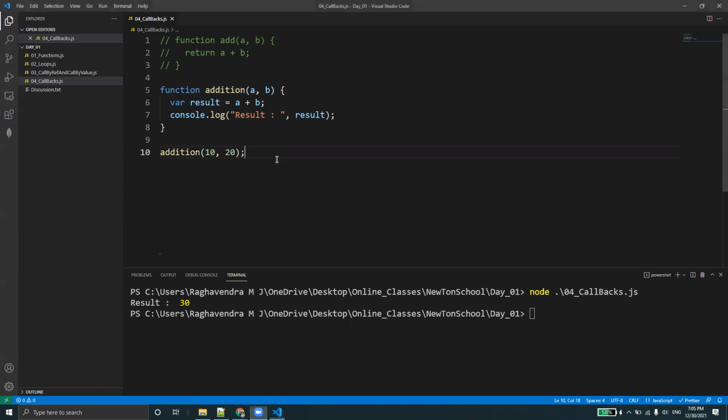So now, instead of me performing it like this, what if I call this from outside? First of all, why is a callback required? In JavaScript, you can pass functions as variables. That is the first concept you have to understand clearly. When functions are passed as a variable, we can use them inside another function as callbacks. So going to the very basic extent,